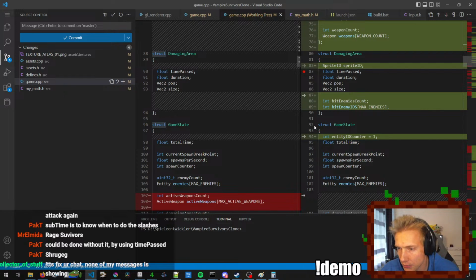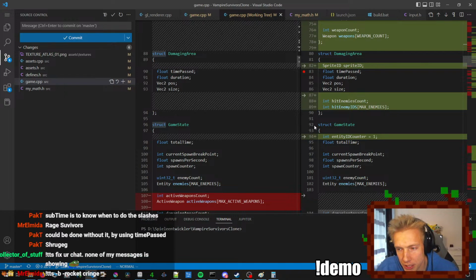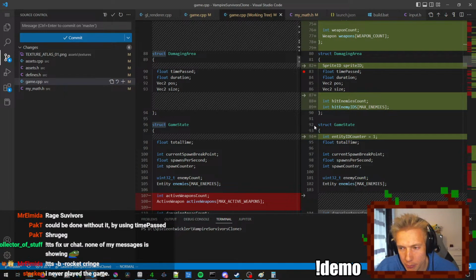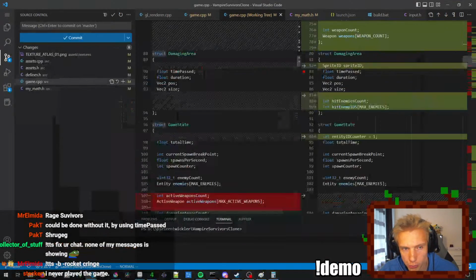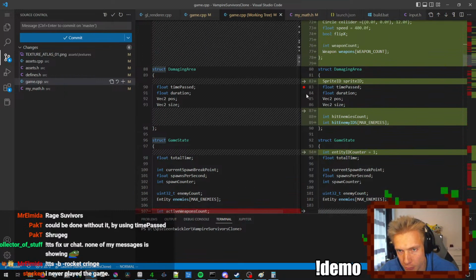You just move around. The weapons attack on their own. You just move using your WASD keys. You literally don't do anything else. And you move over pickups and they pick up by themselves. I never played the game. I'll look at a video of Vampire Survivors. I don't have that much time today, so I could potentially explain it to you, but I think it's better if you just look at it.